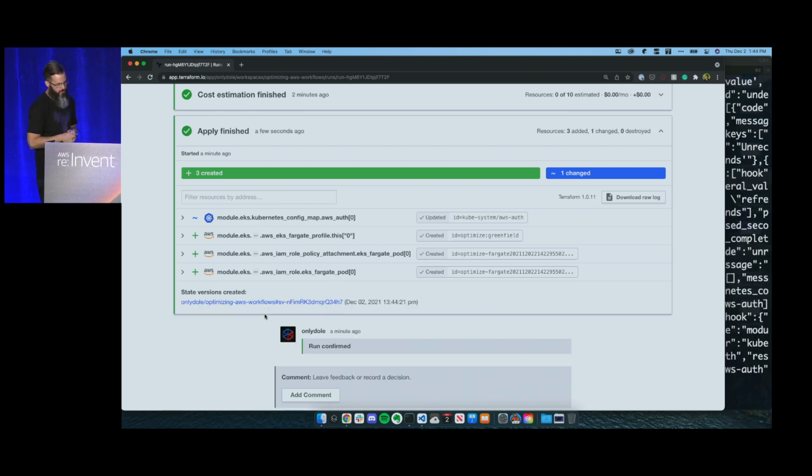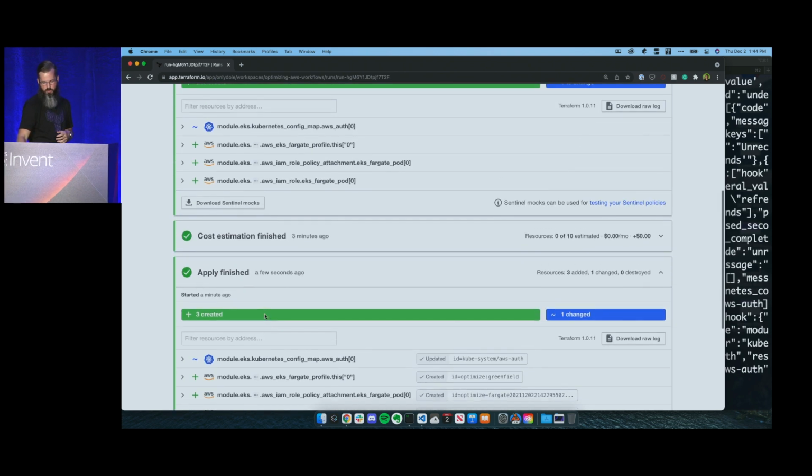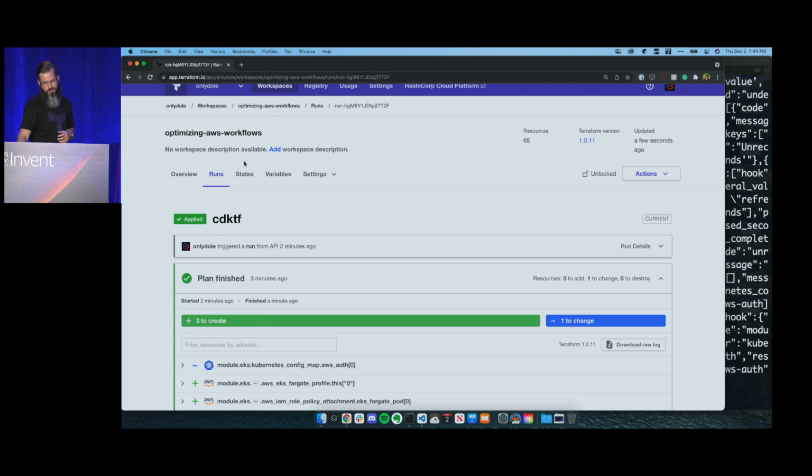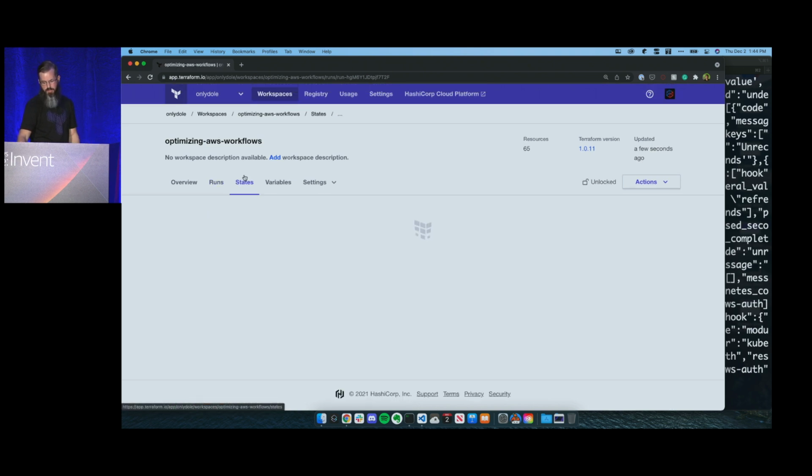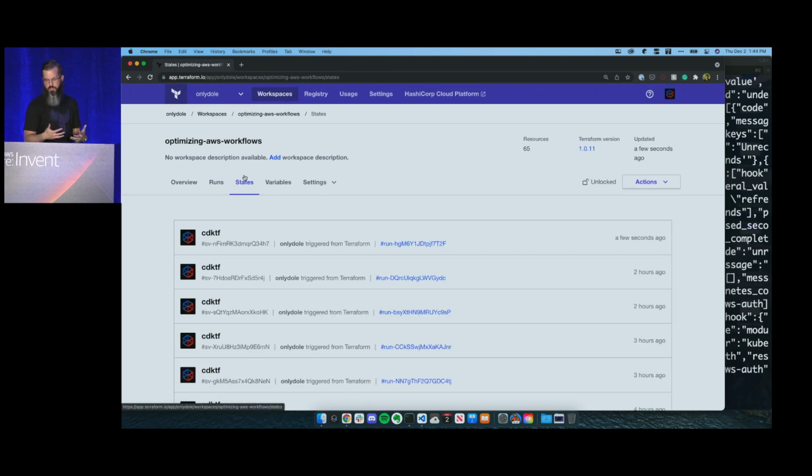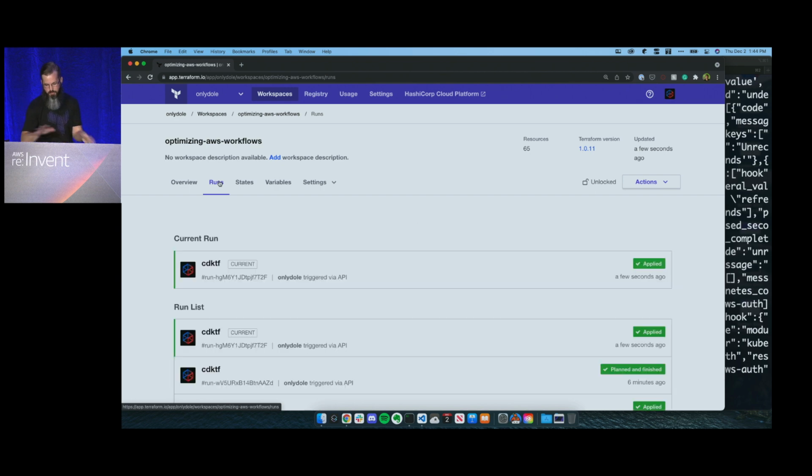And then we get into the state versions that are being created, since we've reached the end of this particular portion of the demo. Another nice part of Terraform Cloud is that if we scroll up to our states tab, we can see all the different states over time, so that we have the ability to tell a story about all the things that have gone on with this particular workspace. So with that, since we've reached the end of our completed run here, let me hand it back to Taylor to continue forward. Perfect.